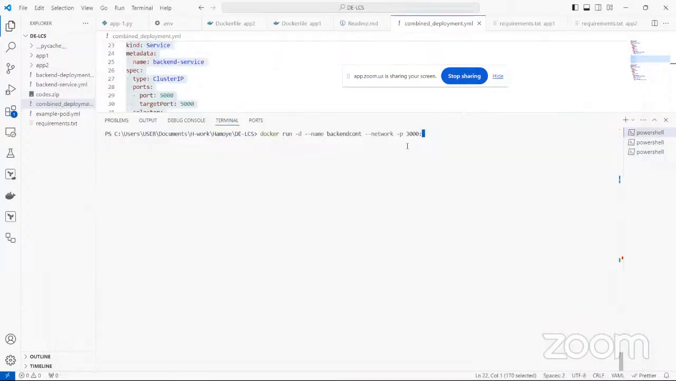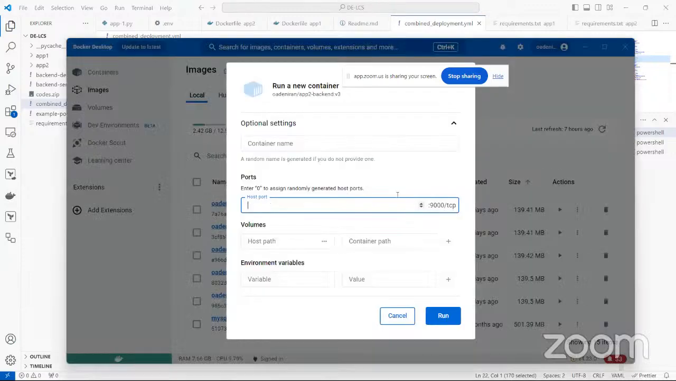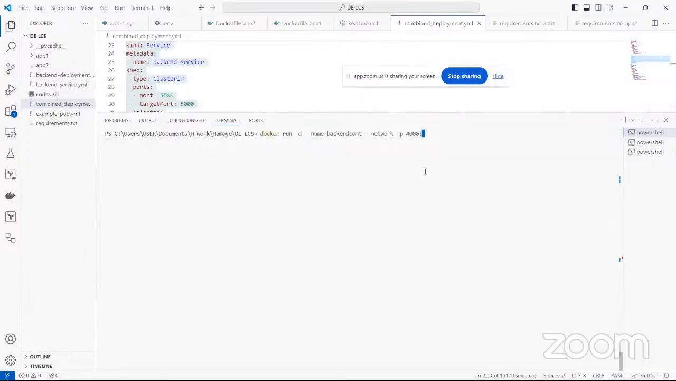So the first number is the port on our own local system. The number on the other side of the colon is the port inside the container. Since we know that the exposed port in the backend container is 9,000, I'm going to be connecting 4,000 to port 9,000, and then we'll be using the oadenio